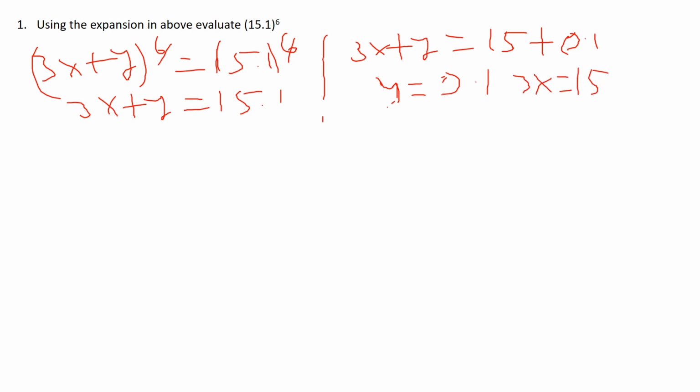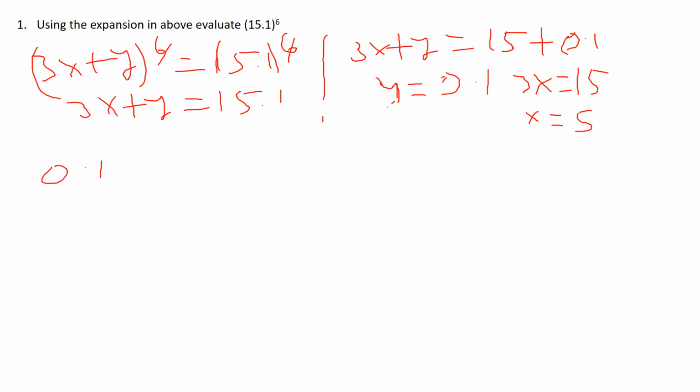So you can say that our x will be equivalent to 5. So now these values that we have for x and y, we can substitute them in the equation that we expanded. Remember, the value of y is 0.1, so the first one will be